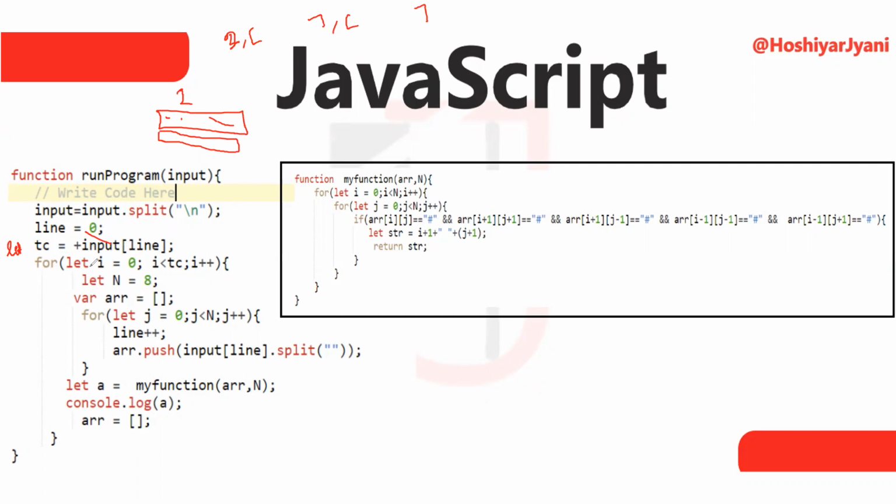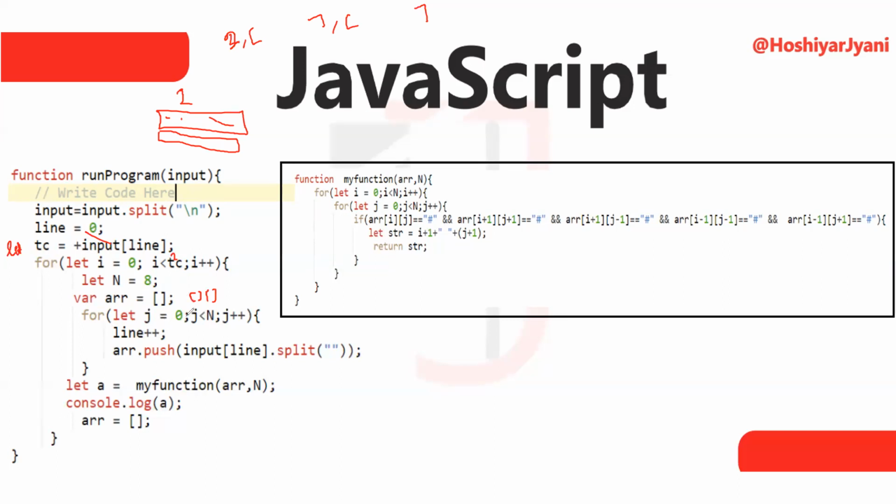After that, I am iterating a loop from let i is equal to 0, i less than test cases, because test case is 2 here, and i plus plus, and the end value is the same. In Java I am using int here, but in JavaScript we are using let. And after that, I am creating an array. There is no headache in JavaScript for creating the array. We simply create the array with array symbol. That's all about it.